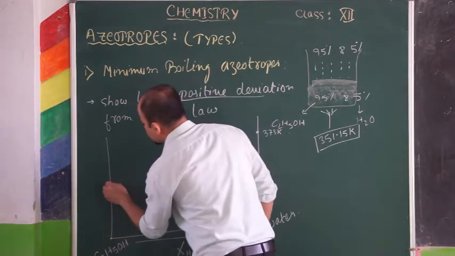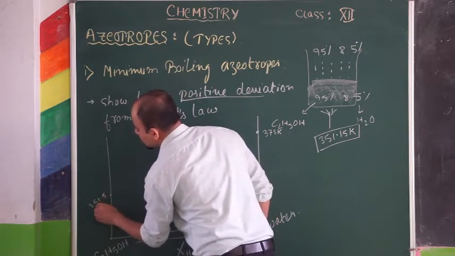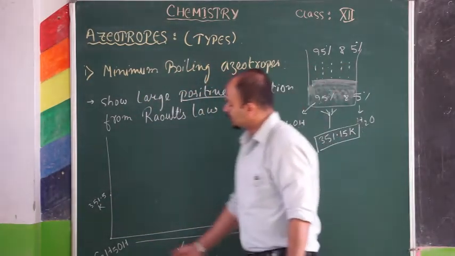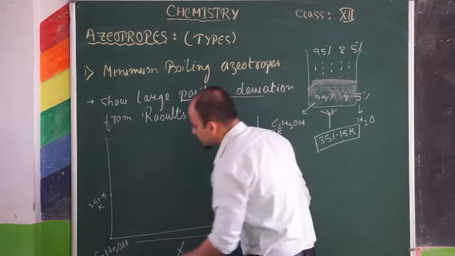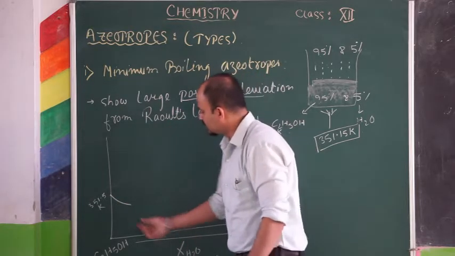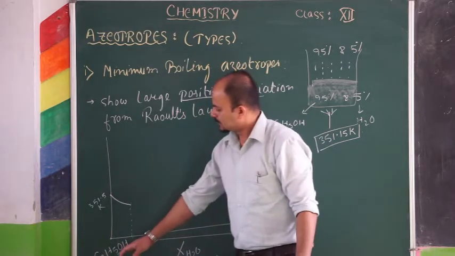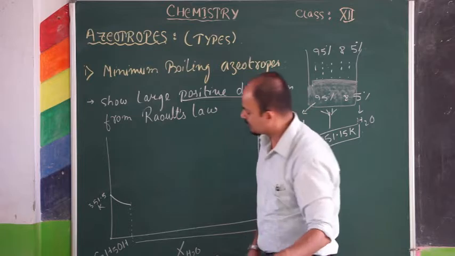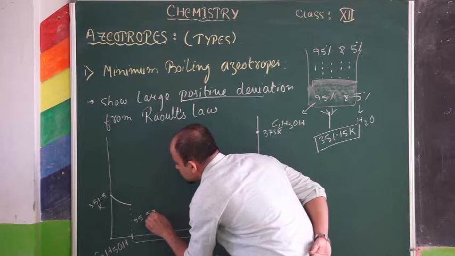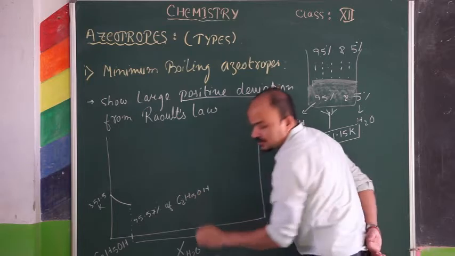and ethyl alcohol has its boiling point around 351.5 Kelvin. At a particular composition, I told you the exact composition, around 95, exactly 95.57, you have 95.57% of ethyl alcohol, C2H5OH,